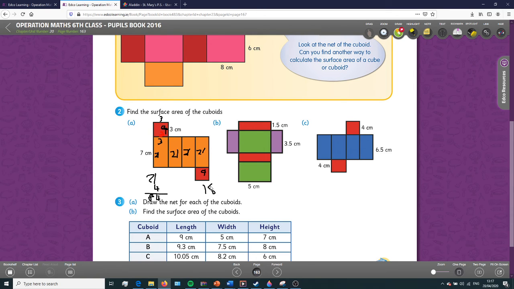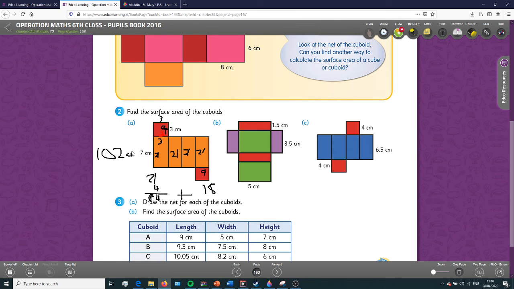So what I'm going to do is I'm going to add on the 84 plus the 18, and I'll get my final answer for the total surface area. So 8 plus 84 is going to be 92, and 10 is 102. So 102